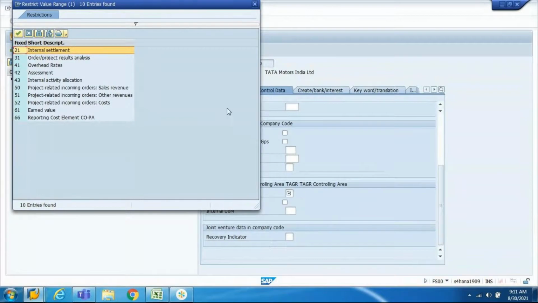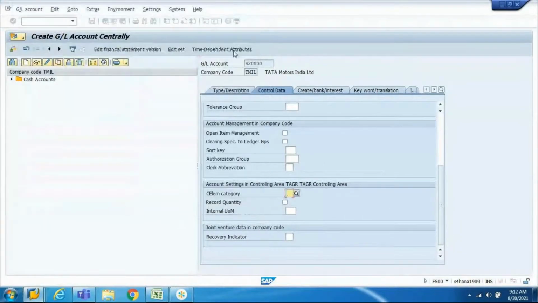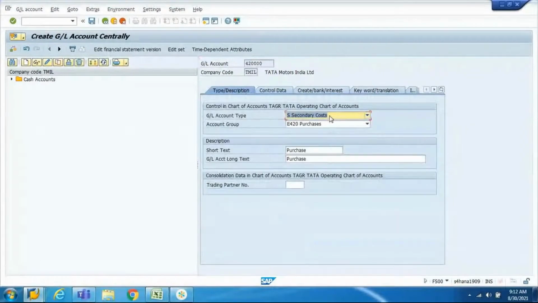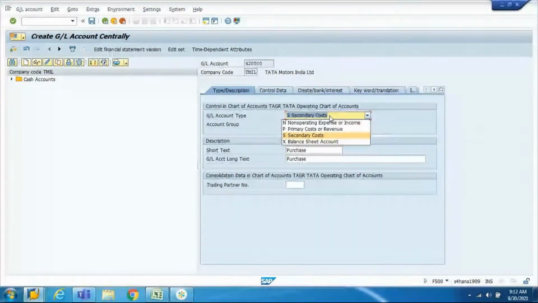So people will also ask you about these secondary cost element categories. Typically, you'll have to tell 21, 42, 43, 41, because these are the only ones we normally use for secondary cost elements. Now, let me close this. Understood, right? You are not supposed to select whatever comes up here. You have to be very selective. You need to understand the requirement, and only then pick the right one. Because in certain cases, it may not be possible to revert your changes. Once you save it, changes may not be possible if there is any transaction data. As long as there is no transaction, you can make changes, but you cannot delete.